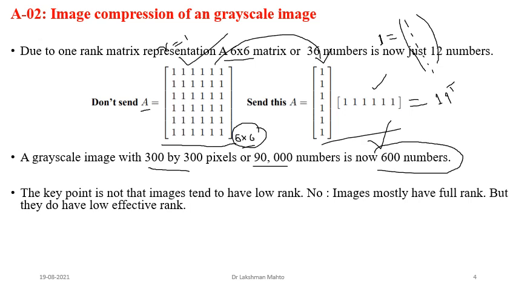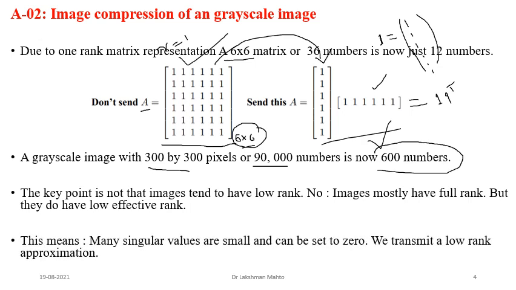If you are taking any image, then most images are having low rank. Most of the area covered by the image, you won't see bright features. There might be dark features, so dark areas. In those dark areas, you can say that the pixel value happens to be 0, so simply you can assign 0. So in most images, this means that many singular values are small, and the value would be between 0 and 1, as you can normalize the pixel value between 0 to 1.